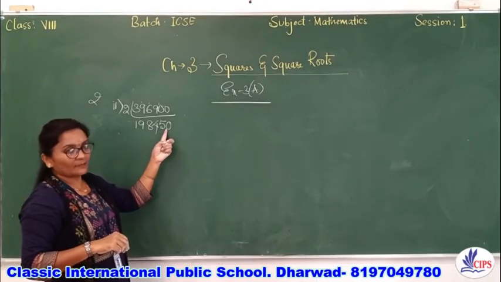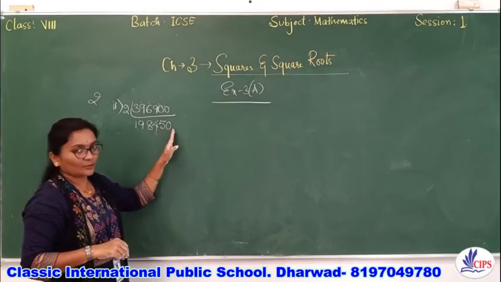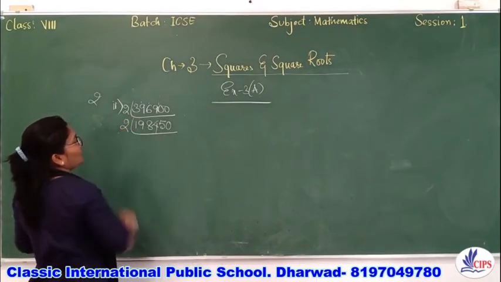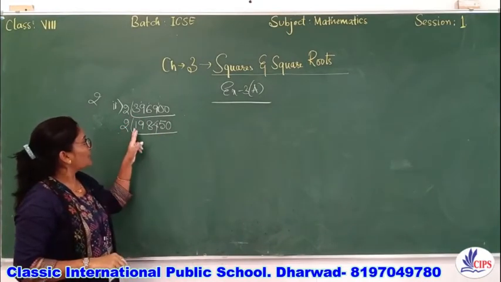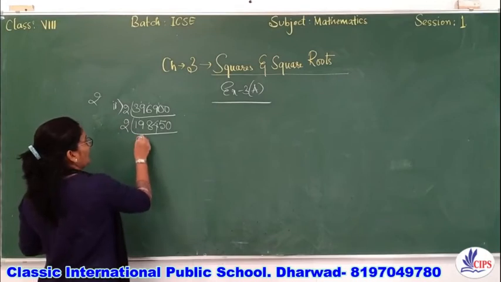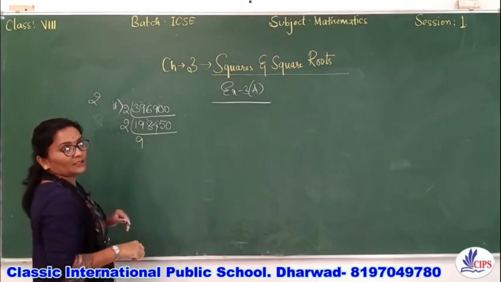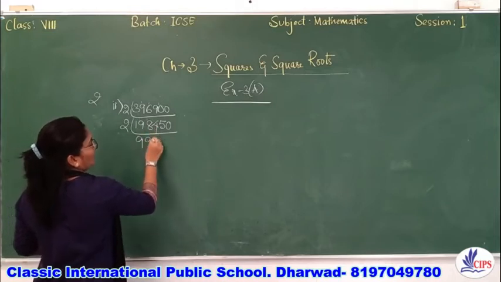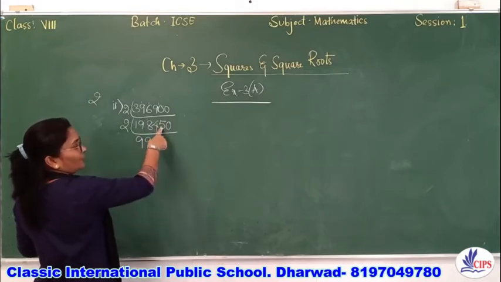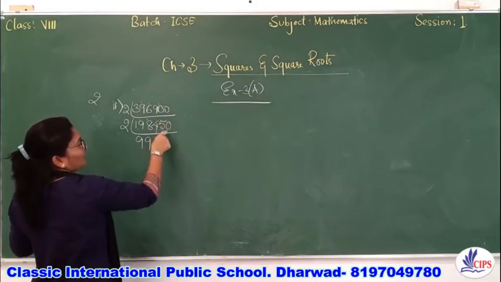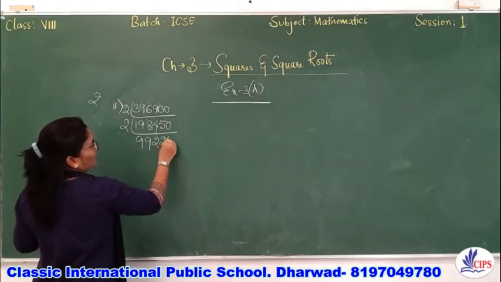Again, as this number ends with 0, I will again divide this number with 2. So, I will start dividing with 2 again. So, here 1, as it is not divisible, we will take 2 numbers, that is 19. So, 19 we don't have in 2 tables, I will take 2 9s are 18. I will carry 1 here, then again 2 9s is 18. Now, 4 we have, that is 2 2s are 4. Here we have 5, 5 is not there, so I will take a number 4, that is 2 2s are 4, and 1 is left, I will borrow it, becomes 10, so 2 5s is 10.